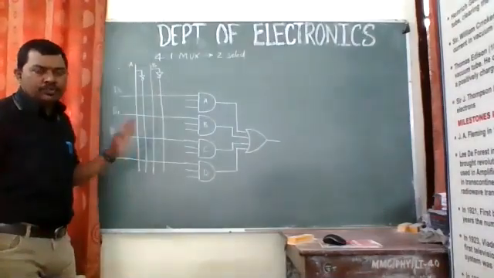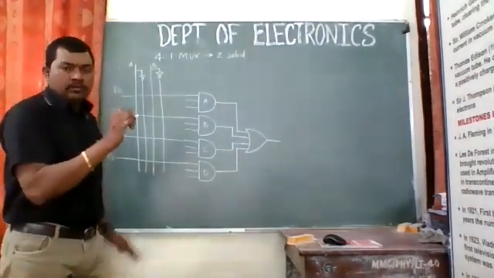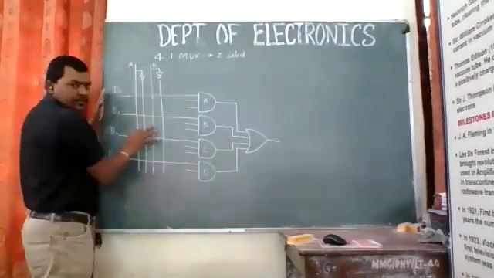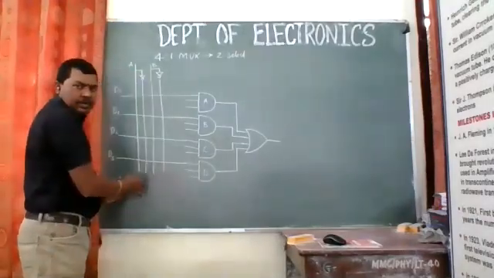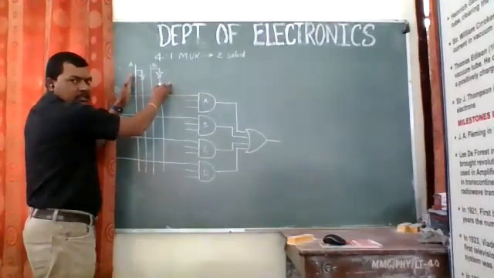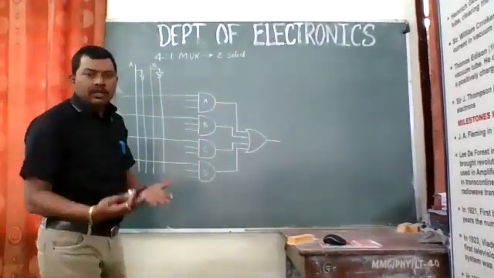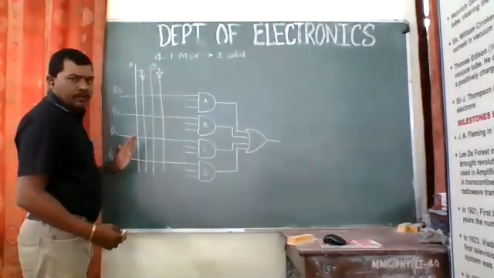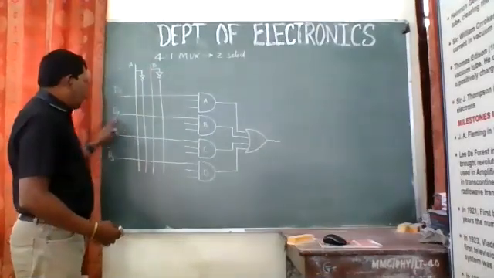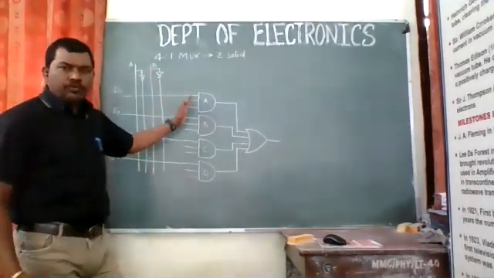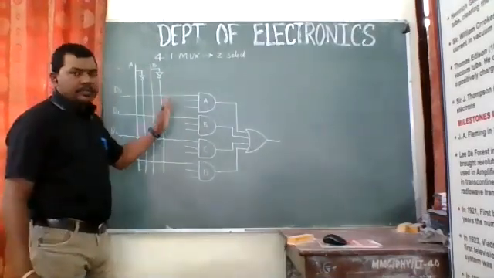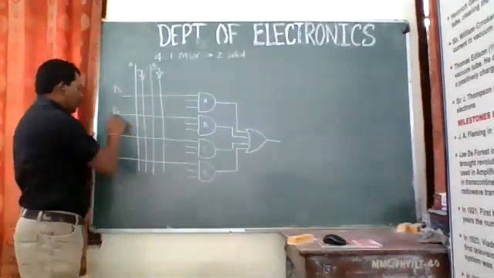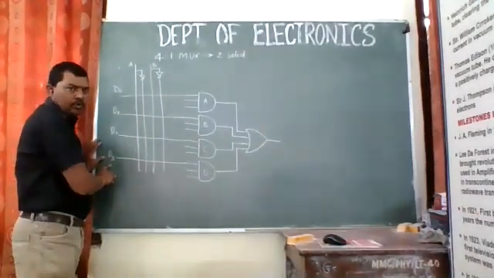Whenever we want to make a connection, we'll have a big dot on that, right? So we'll be doing that. So these are not connected with this. These are separate lines and these are also separate lines. So we are having two select lines converted to four, right? A and B, which are being inverted like this. D0, D1, D2, and D3 are given to the first input of all these gates. We are expecting them as the inputs or sources to this, right? So D0, D1, D2, and D3 are the four inputs.